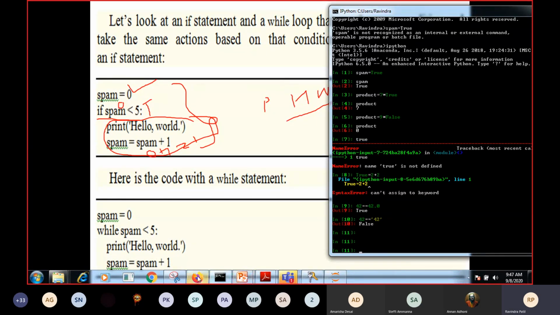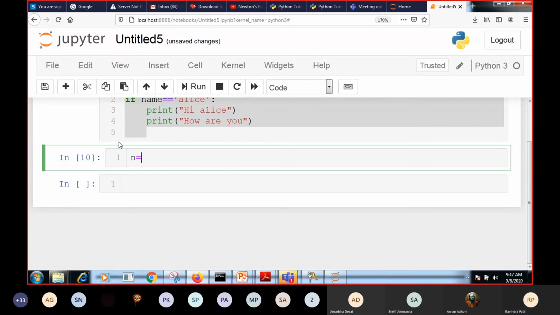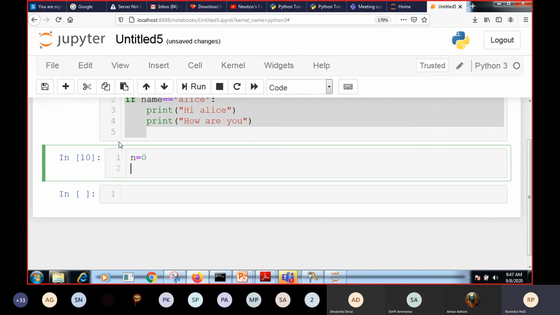Better I will use Jupyter only. Instead of spam, I will be using one simple variable n is equal to 0. If the n value is less than 5, that condition which we have mentioned.